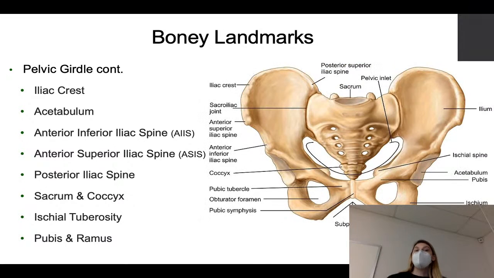So then our AIIS, which is anterior inferior, is obviously going to be inferior to the ASIS. So we can follow it down again, and we're going to have kind of a divot right here, and then it will pop out again, just kind of above the acetabulum. So then this bump will be the AIIS,